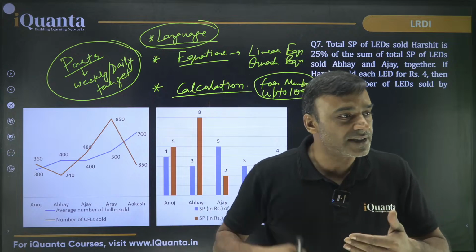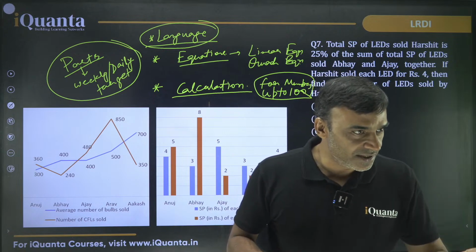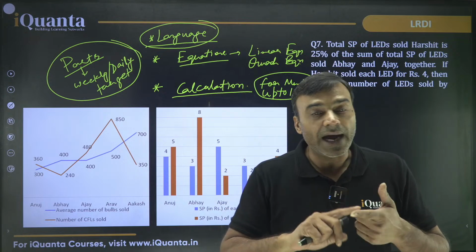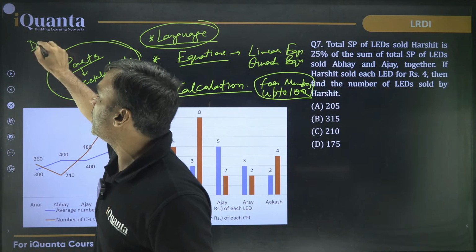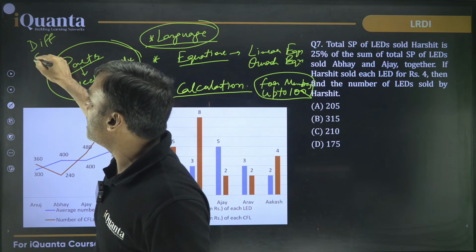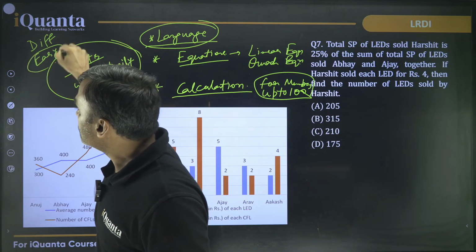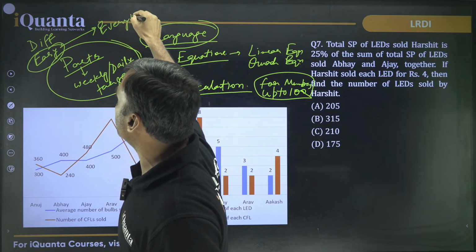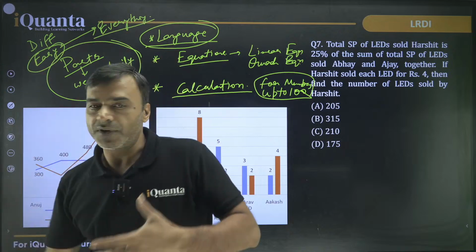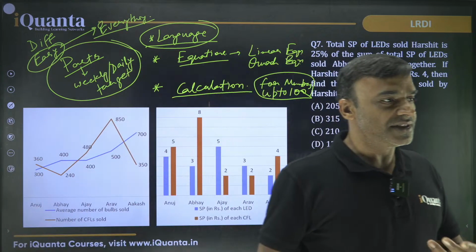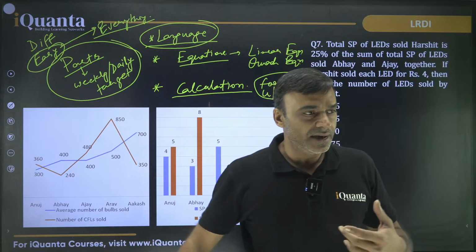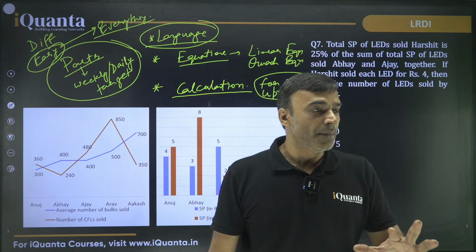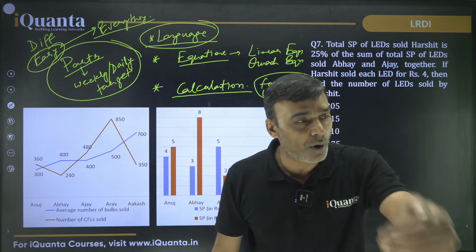Start working on that strategy. Okay? Start sitting on your table, chair, whatever you have. Start solving the questions one by one. Identify which are your difficult areas and which are your easy areas. Okay? Solve everything under the easy area that you have. Everything under the sun. I mean, under the sun means, in general we say that around 100 questions in a chapter in quant is good enough, and around 20 sets in a type of LRDI is good enough. That's what we say. But if it is not enough for you, do some more.